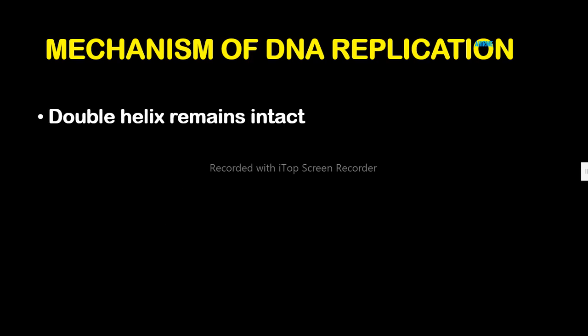Now there are theories that try to explain how DNA is going to be produced after copying the DNA and you formed your strands, the two strands of DNA from the parent strand. So these theories try to explain what happens after the two strands have been formed. And there are three,